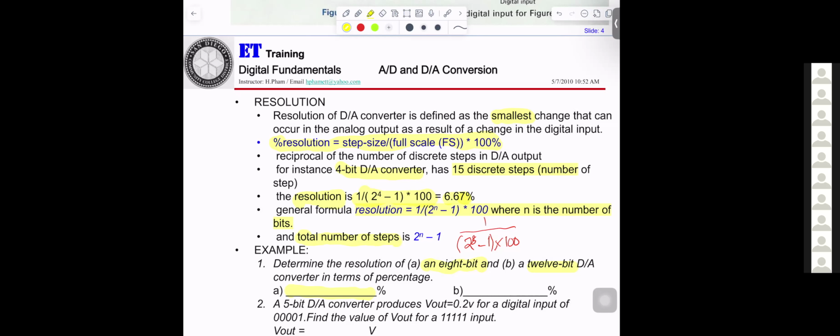You get a 5-bit. First thing 0, 0, 0, 0, 0. Next step will be 1, and basically they get 0.2